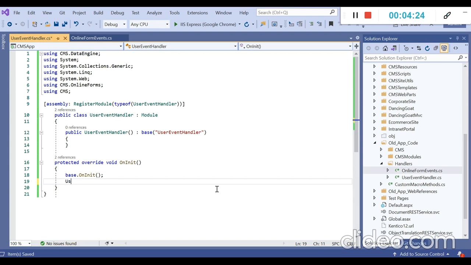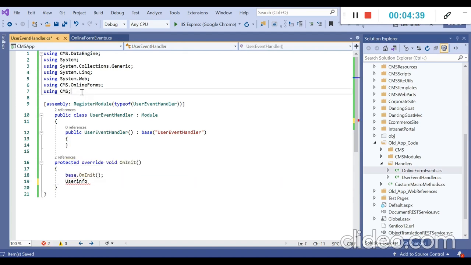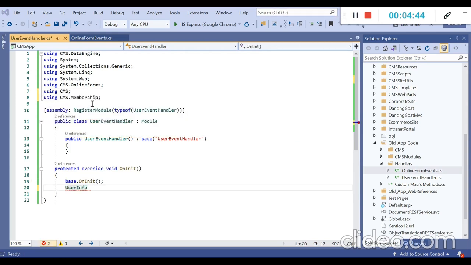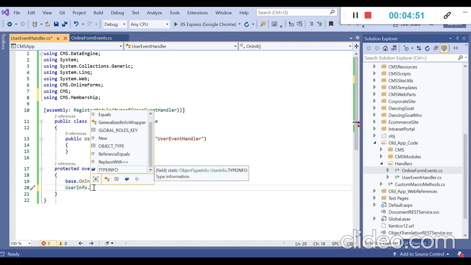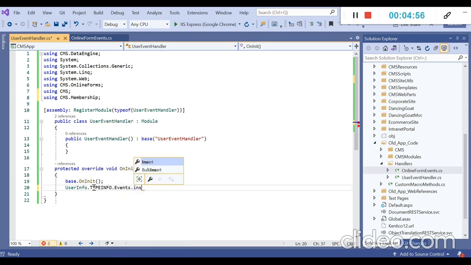Let us add the syntax for UserInfo. We have added the namespace for UserInfo, which is CMS.Membership. Let's edit this as UserInfo.TypeInfo.Events.Update.After.